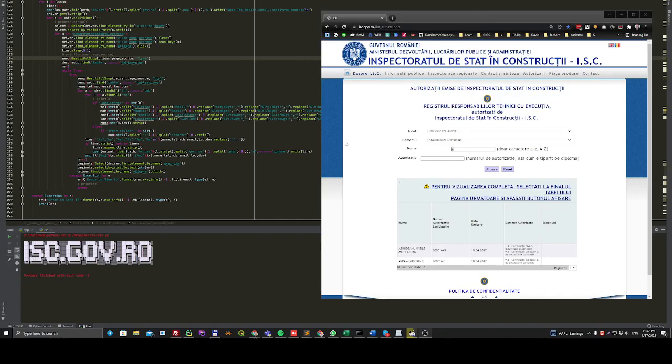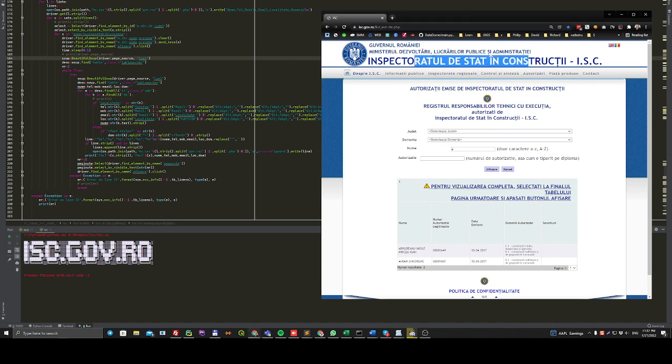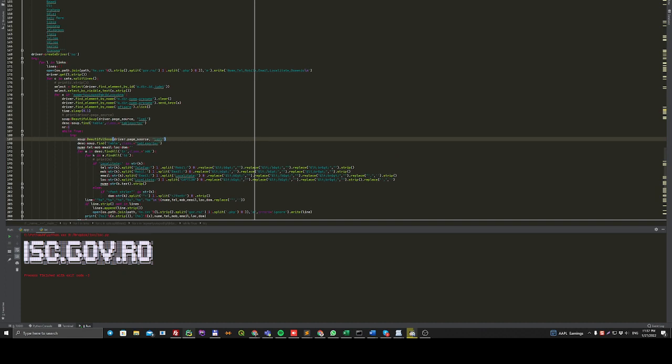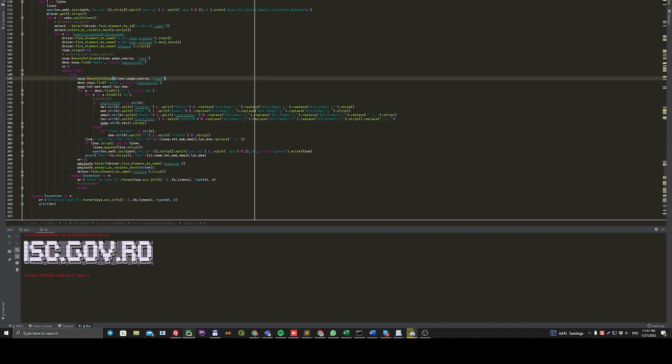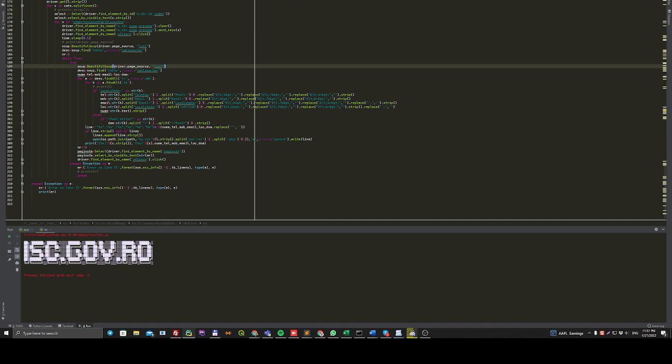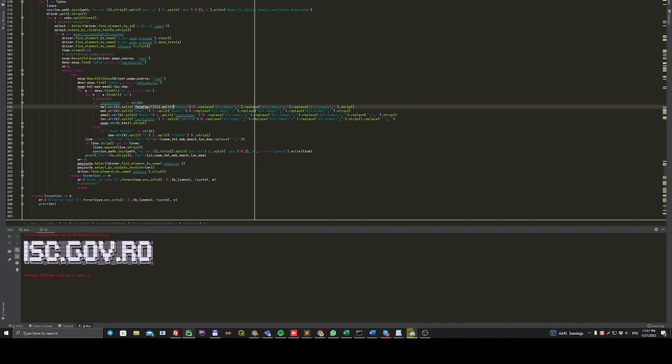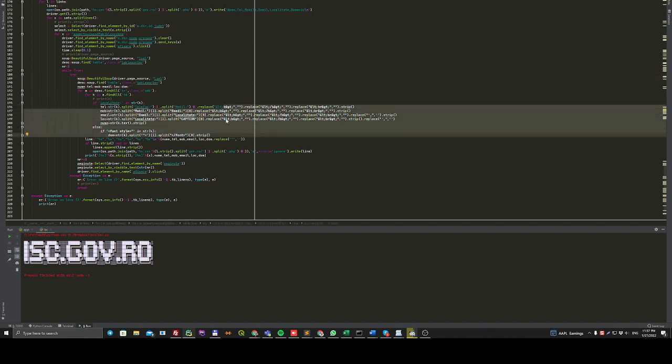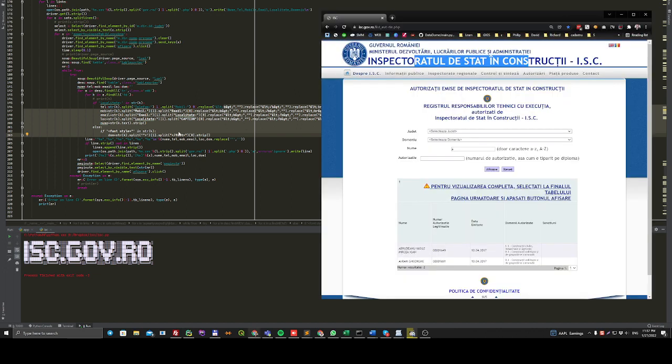Hey guys, this is a script to scrape data from ISC, Inspectoratul de Stat în Construcții. It's built in Python using Selenium Chrome driver and scrapes the data using BS4, Beautiful Soup, and some split functionality. It runs extremely fast and stable and manages to get all the data, which appears on